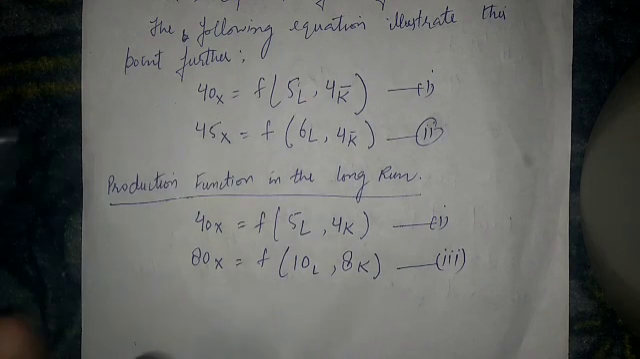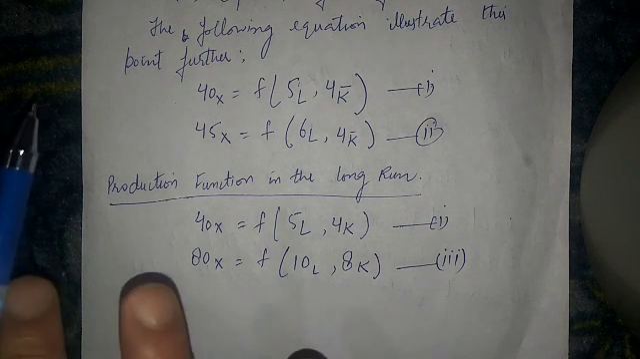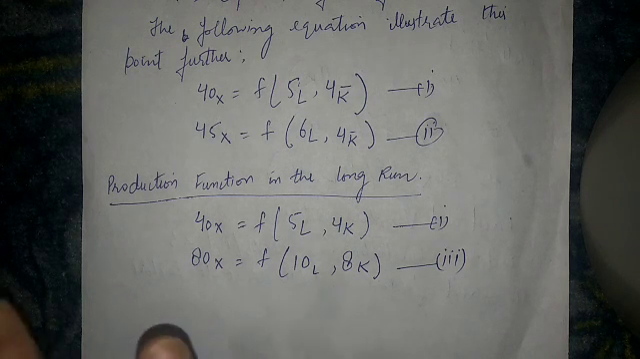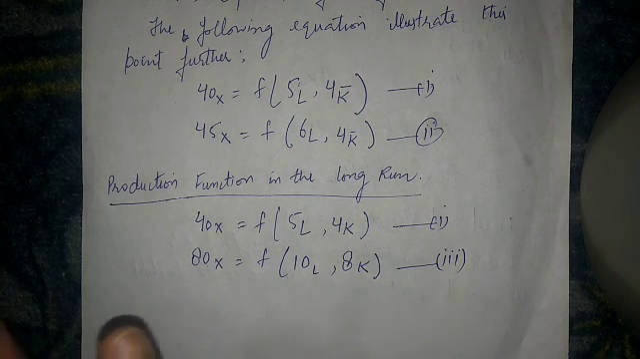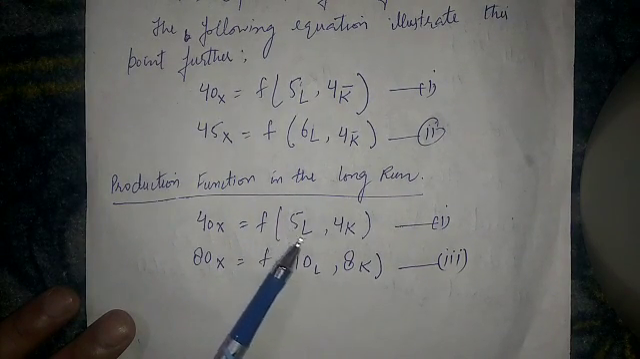Now, what's production function in the long run? See, long period is a period of time when all factors are variable. Accordingly, output can be increased by using more of all factors of production. Since all the factors are variable, we can maintain the ideal ratio of labor and capital for all levels of output. Now recall equation first here, 40x function of 5L and 4K,